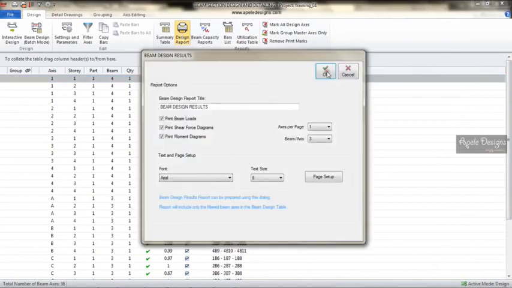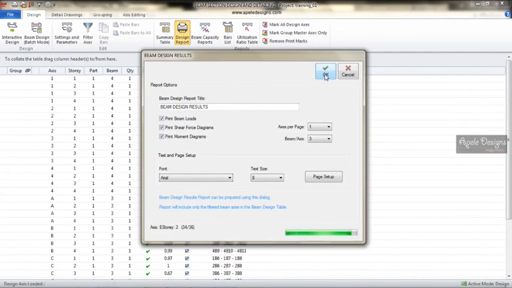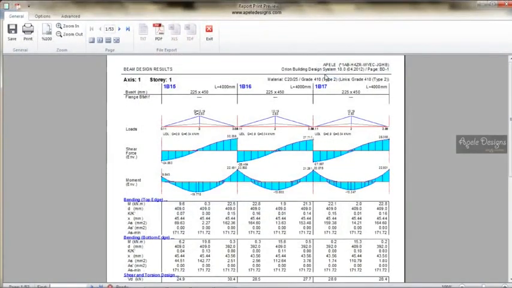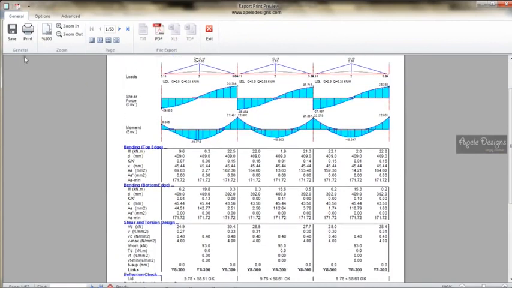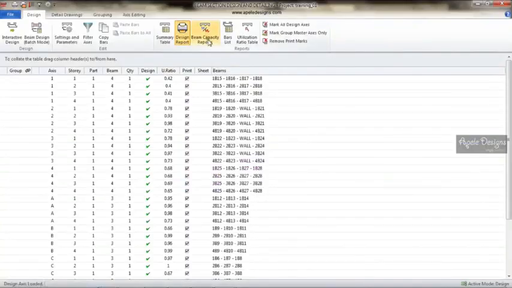Okay. Then we'll go through the reports, save or print or close, cancel,